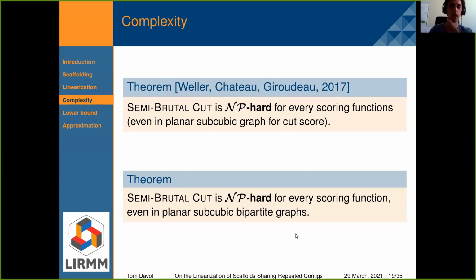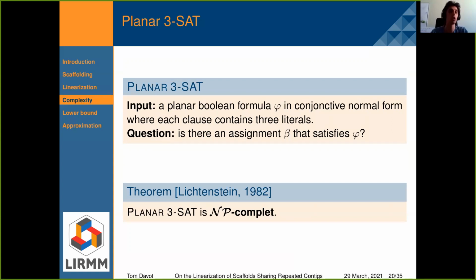To show that, we do a reduction from planar 3-SAT. In input we have a planar Boolean formula in conjunctive normal form, where each clause contains 3 literals, and we want to find a satisfying assignment of the formula.